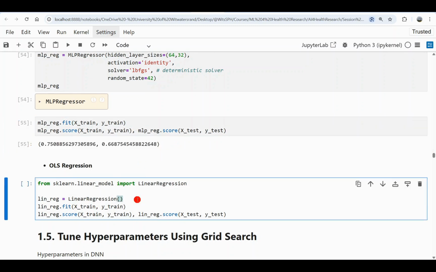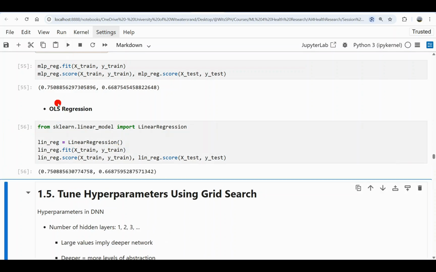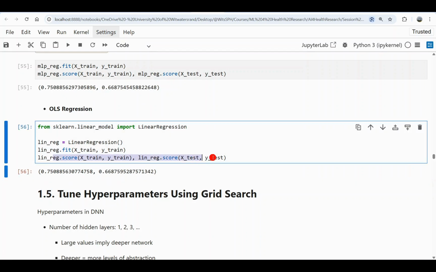Now let's instead fit that of the traditional machine learning model, which is linear regression. From sklearn linear model, we need to import linear regression. Then we have to instantiate our model, fit the data and get the performance scores. 75.0, something like that, 68, something like that. There could be some slight difference on the last values of the decimals, otherwise both the training and testing performance